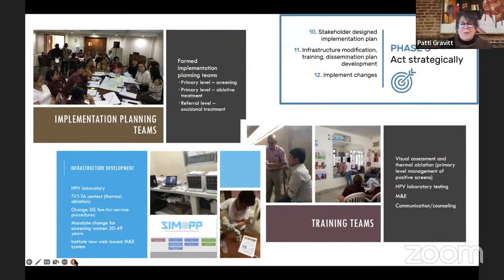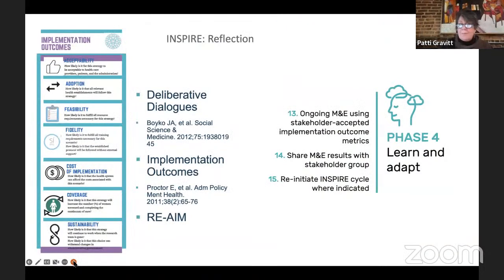Phase 3 is essentially what we typically think of when we do implementation research. So we had implementation planning teams, we had training teams, we had infrastructure development, and basically we did all of these things to actually implement a new program. And in phase 4, we actually used a variety of methods, including deliberative dialogues, implementation outcomes, and RE-AIM to basically look at, again, how acceptable was the change,